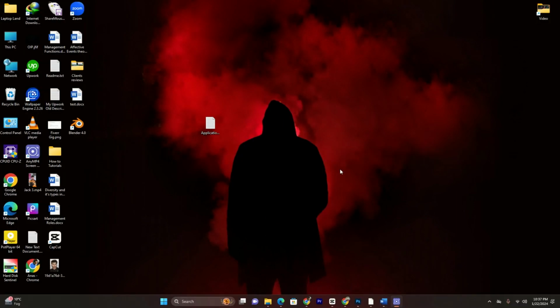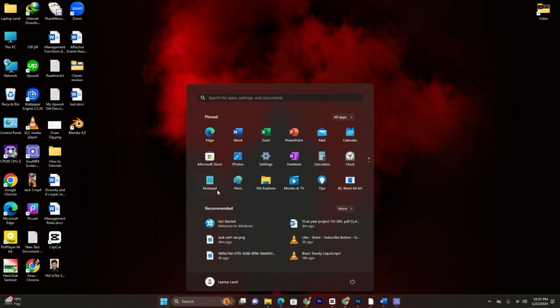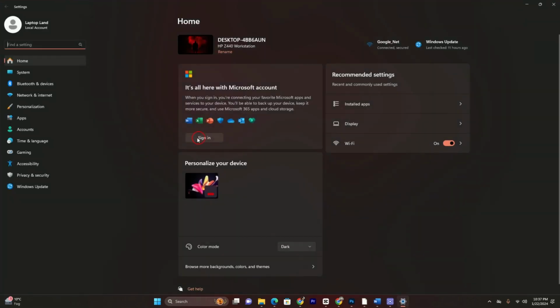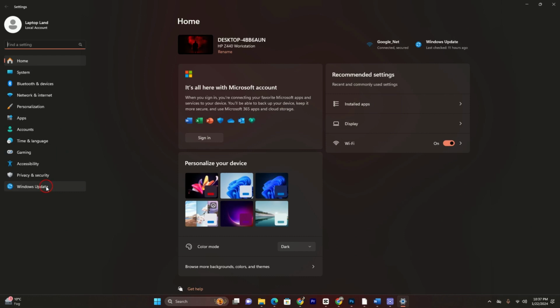First of all, you guys have to open up your Windows settings. In order to open up your Windows settings, you just simply tap on the start button, and here you have to select Settings or search for settings. So after searching for settings, here you have to click on the last option in the left panel, which is